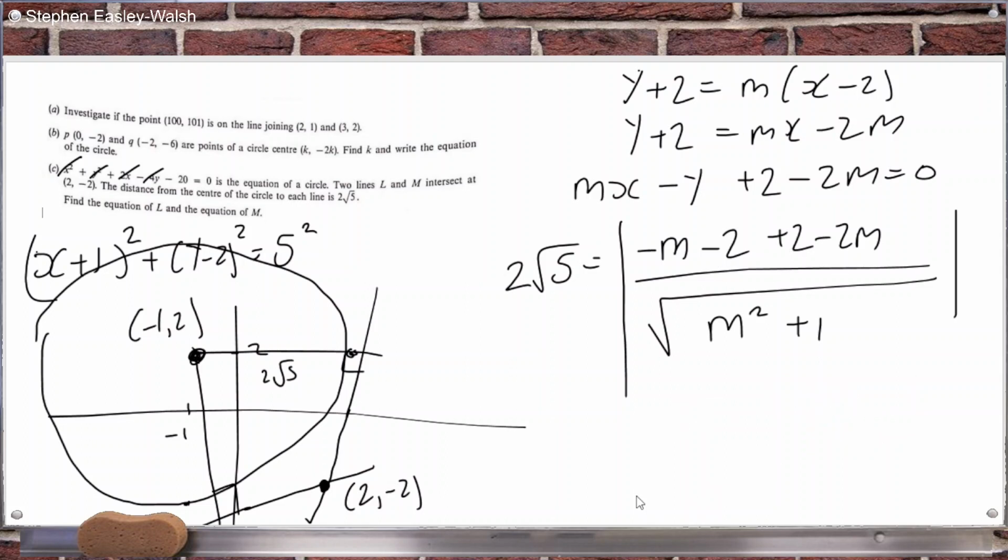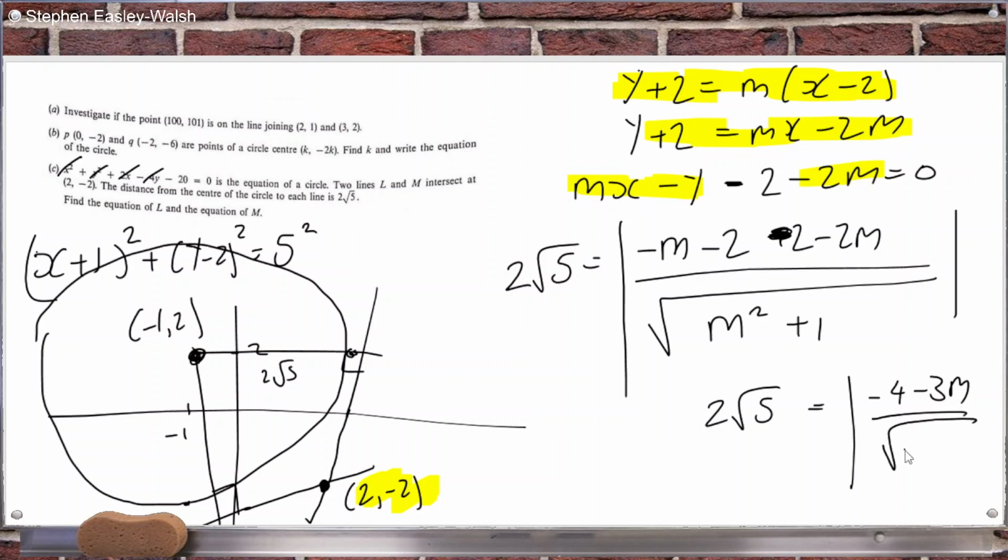Okay, let's just double check the equation of the line. So it has to pass through 2, minus 2. So that's y minus y1 equals m times x minus x1. y plus 2 equals mx minus 2m. Taking everything to the right, that's mx minus y. Should have been minus 2. So that's minus 2. Okay, so we get 2 root 5 equals minus 4 minus 3m over root m squared